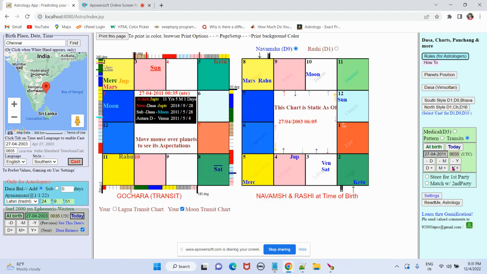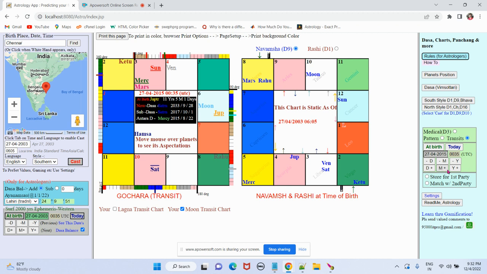Ruchaka Yoga will not happen at all. Jupiter is in Aries. It's in the first house. Okay. But sorry, it is in Aries in the first house, but it is not in Sagittarius or Pisces or Cancer. So unless it comes to Cancer, it will not be. Now it comes to Cancer, it satisfies the rule of being in 1, 4, 7, 10 in Cancer or Sagittarius or Pisces.